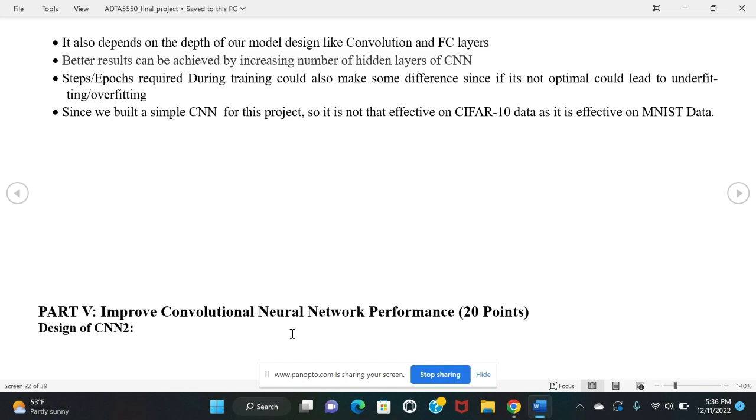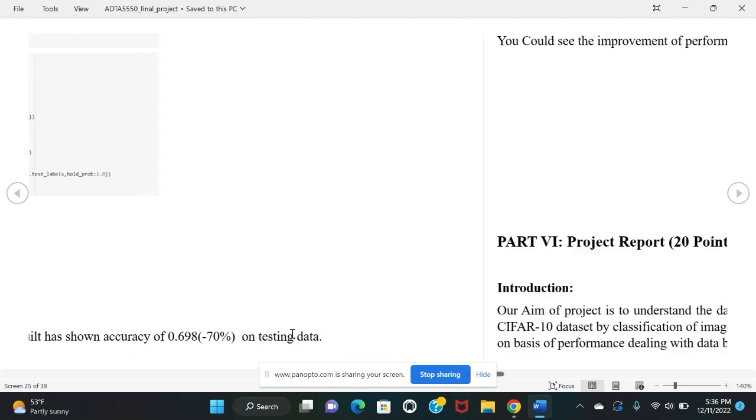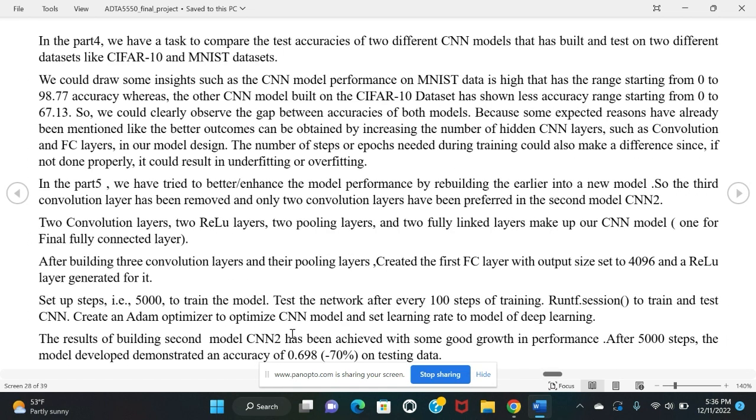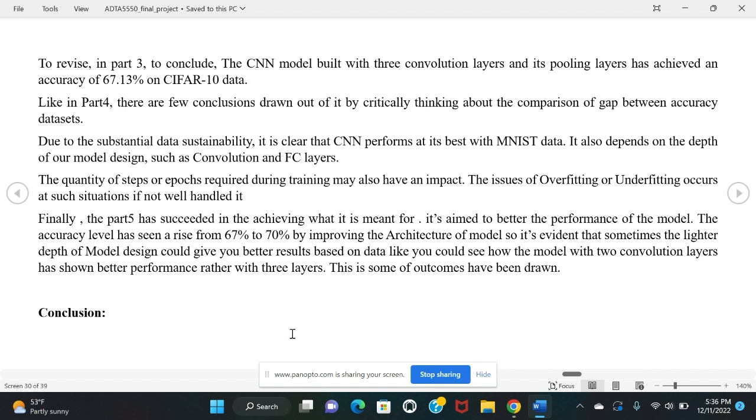Let's come back to the final conclusion. Yeah, sorry. Before coming to the conclusion, I need to give the conclusion points for part five. I could see a good amount of rise in accuracy from 67 to 70%. So I have shown here the improvement of neural network performance. Simply, I decreased the convolution layers in the model,